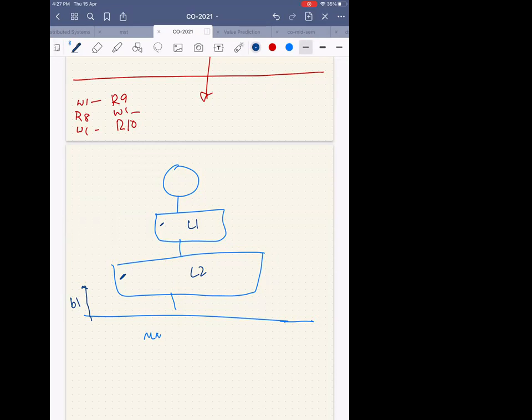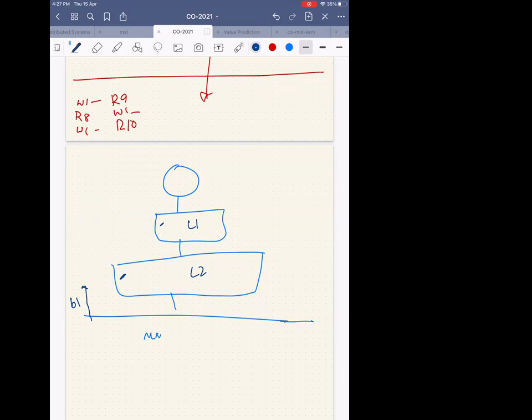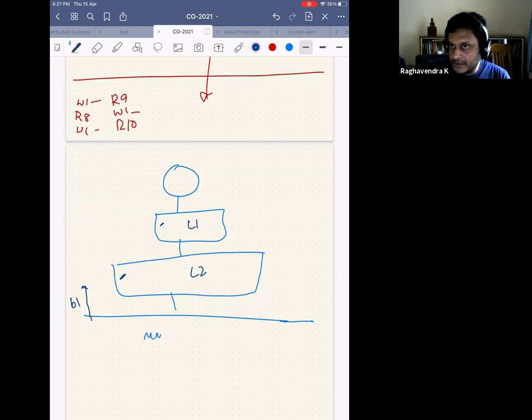Sir, I think a bigger chunk can be held in L2 and a small portion can be held in L1. No, right? Let's say the block size of both is 64 bytes. Then, sir, I think you can put it in both. Okay. Aditya is saying we'll keep it in both. Does anybody have any other answer?